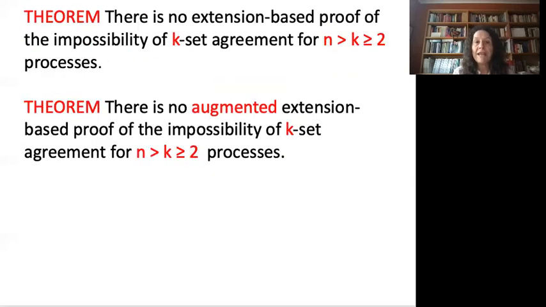As I mentioned earlier, Dan, Jim, Rutty, Jimmy, and I showed that the impossibility of k-set agreement has no extension-based proof. Our idea was to adaptively construct an adversarial protocol that wins against every prover. Cayman and I used the same technique to show that the impossibility of k-set agreement has no augmented extension-based proof. The essential difference between the proofs of these two theorems is that during phase 1, the adversarial protocol for extension-based proofs only produces configurations in which all the values output are the same, whereas for augmented extension-based proofs, the adversarial protocol may need to produce configurations in which two different values are output. The differences between the proofs of these two theorems are discussed more in the proceedings.